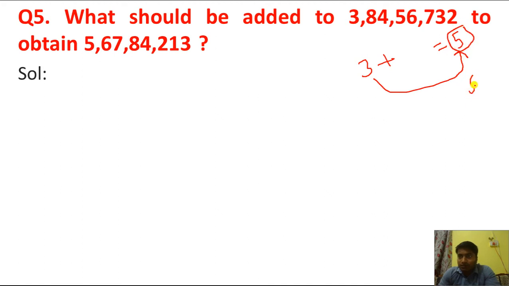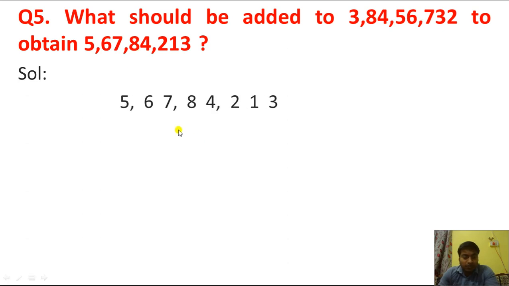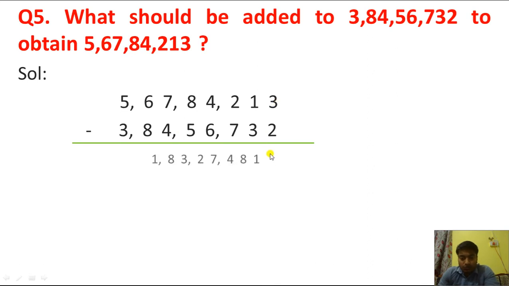That means when we subtract 5 minus 3 we'll get 2, and 2 should be added here. Clear? Same way, same concept here we have to apply for this question. So this is the result here and this is the first number. So this number we have to subtract from this result. Okay, so as you can see on the screen, now 3 minus 2 is 1. 1 minus 3 not possible because 1 is less than 3, so 1 will take borrow from this 2. When we take borrow, this will become 11 and this will become 1.